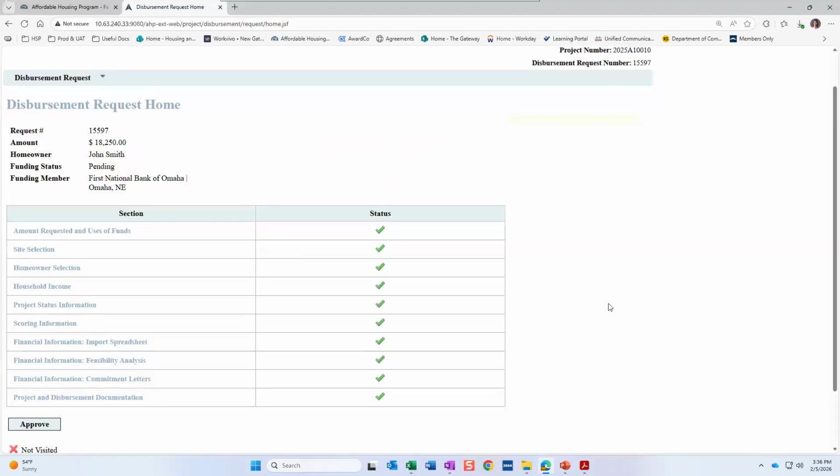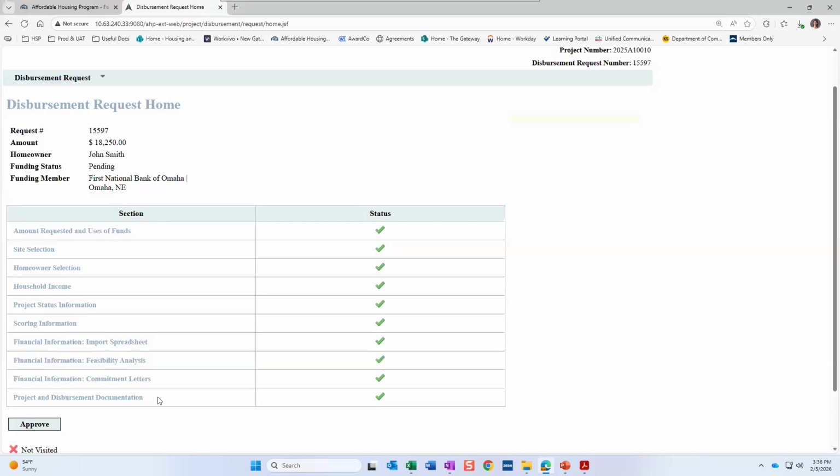Again, I really appreciate your flexibility with me here, working with a rehab project instead of DPA. Again, the only major difference is the names of the documents, the type of documents you upload to project and disbursement documentation. So generally, you should see the same steps followed for your project as you receive it next week.